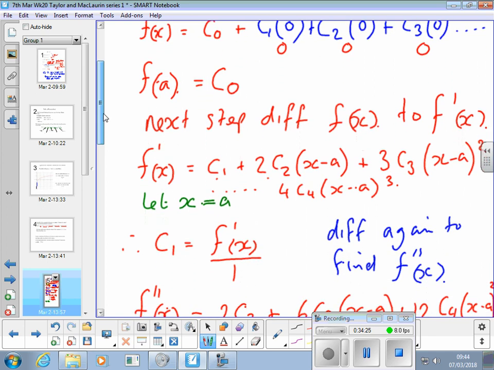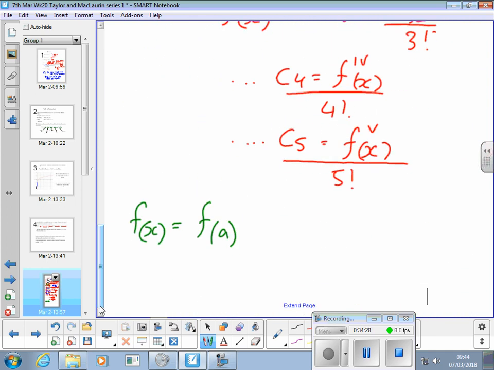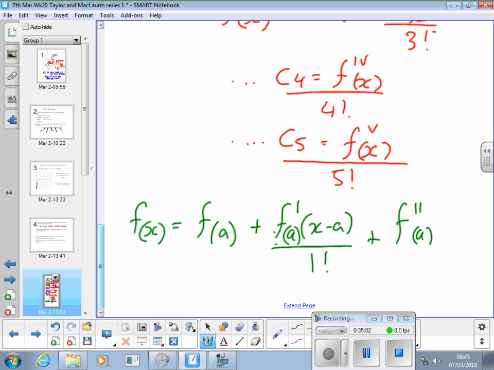Plus f dash of a, x minus a over 1 factorial, plus f double dash of a, x minus a squared over 2 factorial